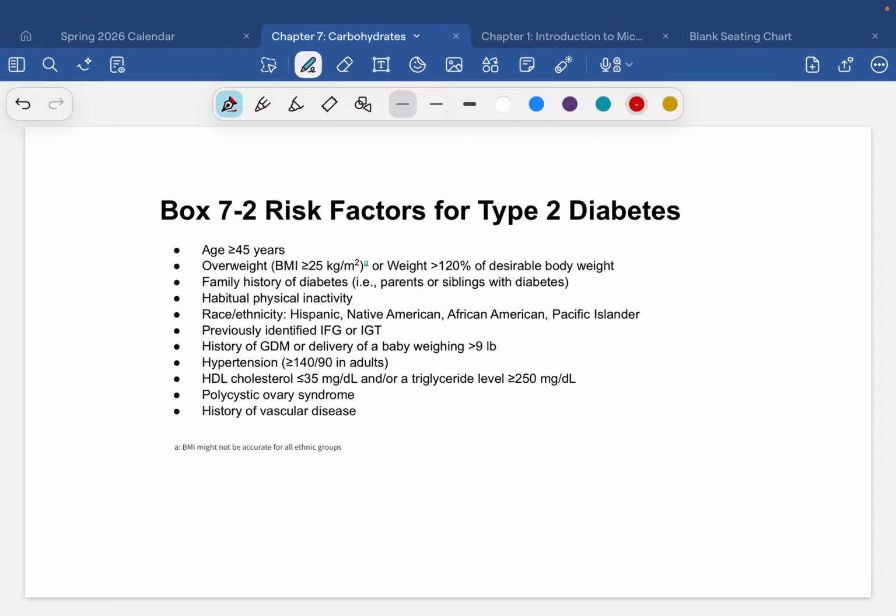Yeah? Can type 1 be genetic, or is that just... Not usually. So that's one of those things that people don't really know. I've heard that it's not typically, but maybe. I don't know. A genetic component. There may be, because it's something that you're born with.